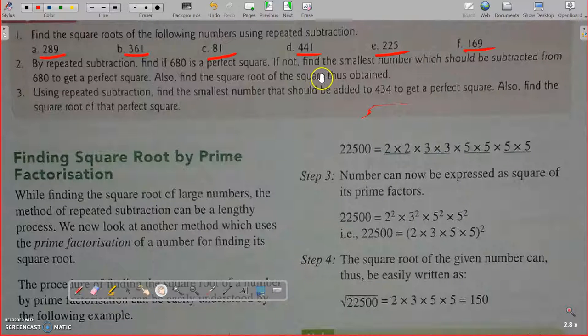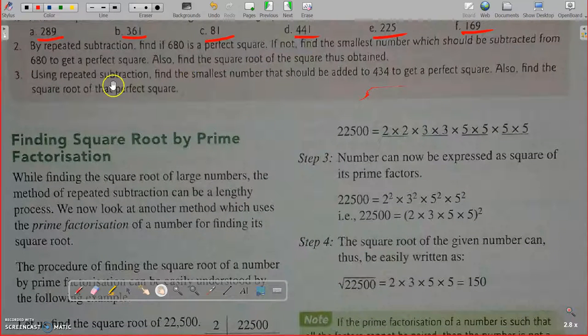After subtracting, whatever square root you get, you also have to say that. So it will be done just like the previous example, type B. There also it was subtracted. And in question number 3, here also it has been said using repeated subtraction, find the smallest